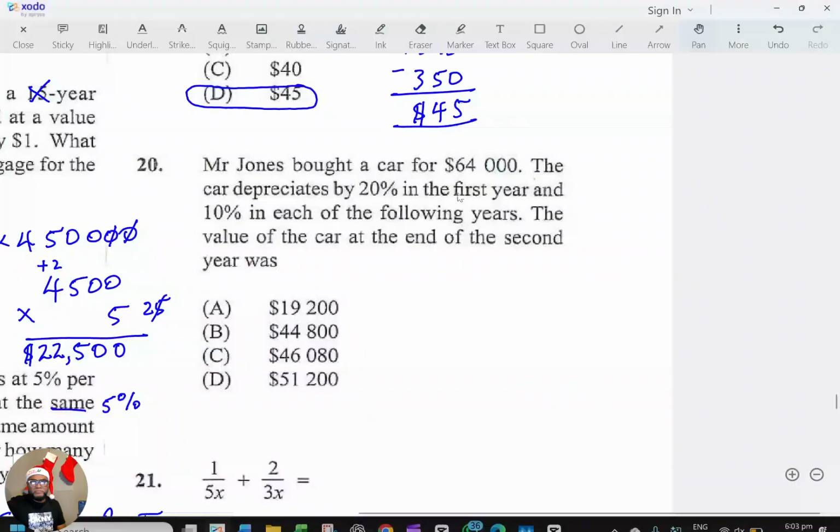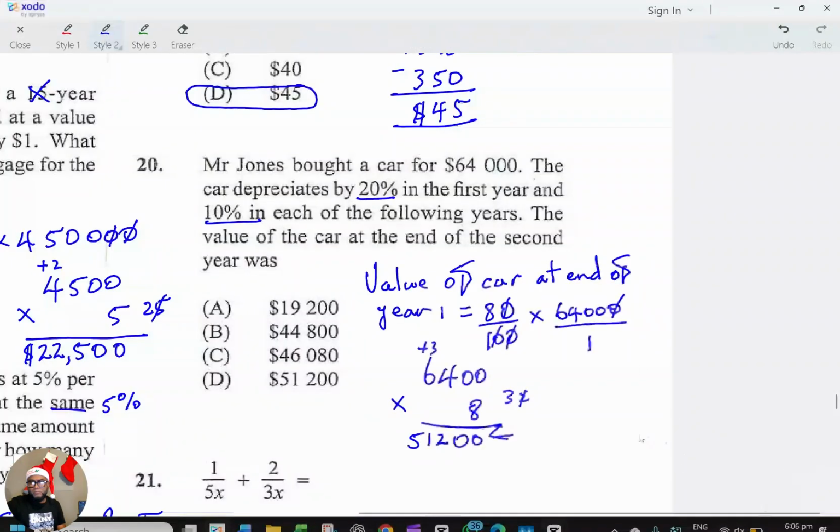What we doing here, right? So let's go back to this, because I wasn't recording, of course. Mr. Jones bought a car for 64,000 and the car depreciates by 20,000 in the first year, and 10,000 in each year after that. They want the value of the vehicle after the second year. I found 80% of 64,000. I just minus 20,000 from 100,000. So I found 80% of the 64,000. I got